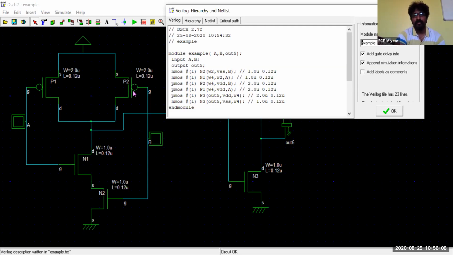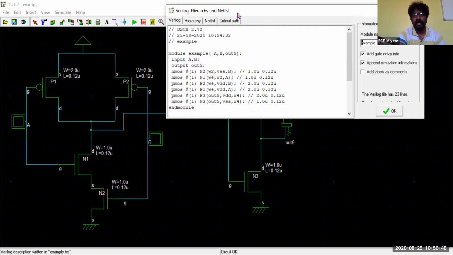And similarly for the P2. For P2, what are the inputs? VDD will become one input. Again, the ground terminal, that's B, will become another input. Then this line will become the output. So what is this line? We have taken it as wire 4. Wire 4 is the output of this one. So P2 is called wire 4. Always write outputs first, then inputs. Wire 4, VDD, and B as inputs. Then again, for P1, the inputs are VDD, the gate terminal, that's A, and wire 4 as the output. So for P1, wire 4, VDD, and A are the inputs. Wire 4 is the output exclusively for this particular transistor P1.